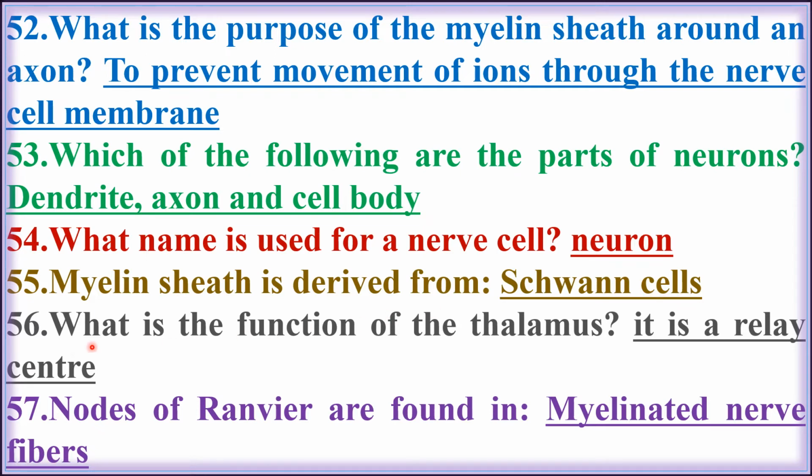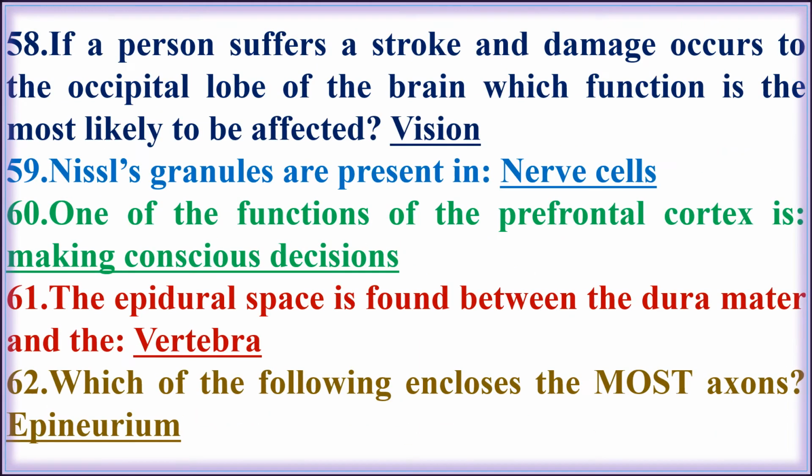Next, what is the function of the thalamus? It is a relay center. Next, nodes of Ranvier are found in myelinated nerve fibers. Next, if a person suffers a stroke and damage occurs to the occipital lobe of the brain, which function is